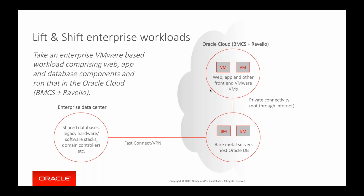And because we've spent time integrating these components, essentially the VCN that Clay talked about earlier, the virtual network construct that's part of OCI, those two can be peered, and essentially you're going to have private connectivity from your Ravello environment all the way to your bare metal VCN as well, which is really great because you can have your database there, you can have your performance sensitive workloads running in your bare metal cloud or OCI VCN environment, and just simply peer that. And you've got a cloud that can accommodate everything from your VMware workloads to your bare metal workloads, and you can FastConnect and VPN that back into your enterprise, and you've got really a good stepping stone to start moving a significant portion of your data center workloads